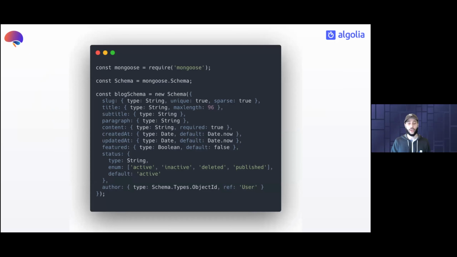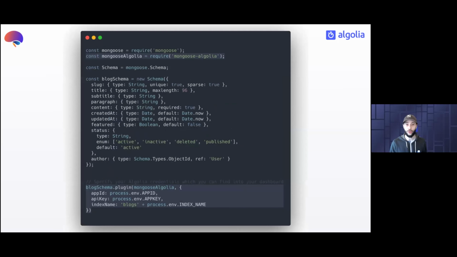And at this point, we wanted to have this data stored in Algolia. Multiple ways to do it. We can use the JavaScript API clients, or I start searching in the community and someone made a library called Mongoose Algolia. And all you have to do is to require the library and to plug into your schema Mongoose Algolia with your app ID and your API key, which is secret because it will perform write operation, and the index name. So the index name for the schema is blogs.